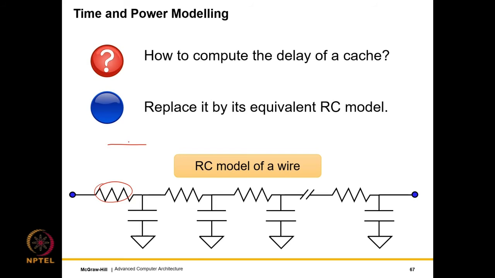And the way this is modeled is as a finite capacitance to ground, which you can see over here. Again, we consider a small chunk, and we have a capacitance to ground, and so on and so forth. So this is the RC model of a wire. Similarly, we can have RC models for a bunch of different elements, such as transistors, sense amplifiers, bit lines, word lines, SRAM cells, everything.